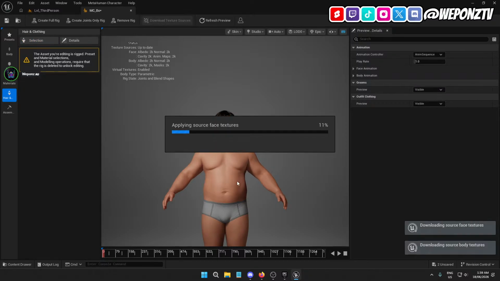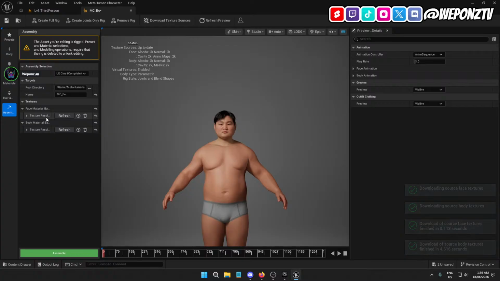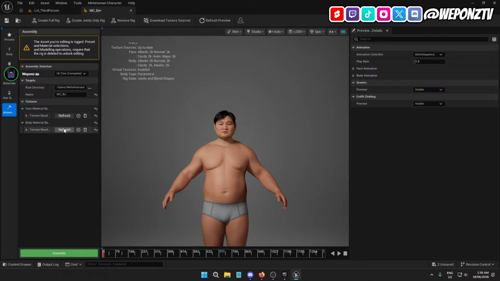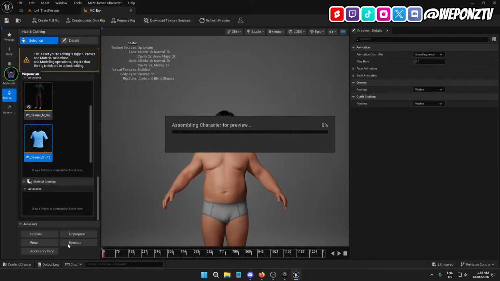Every time I change the body type, I always download new textures. I don't know if you have to do that once, but every time I change the body, I just make sure I download it. And also, when I go down to here, if this isn't there, I just refresh it, and that will pop up. So now we've got that. What we want to do now is wear just the shirt. So if we go to that and go to wear,